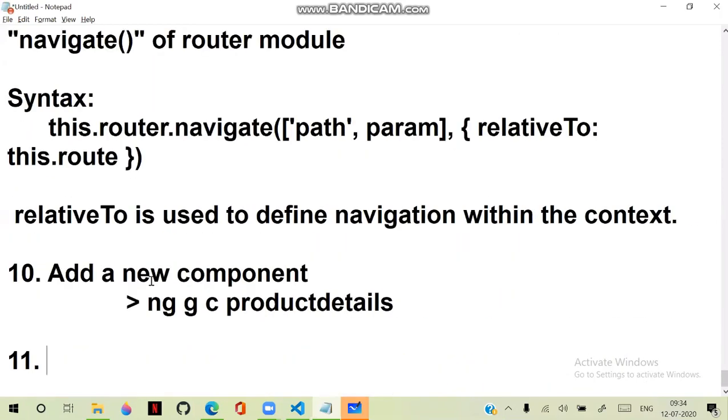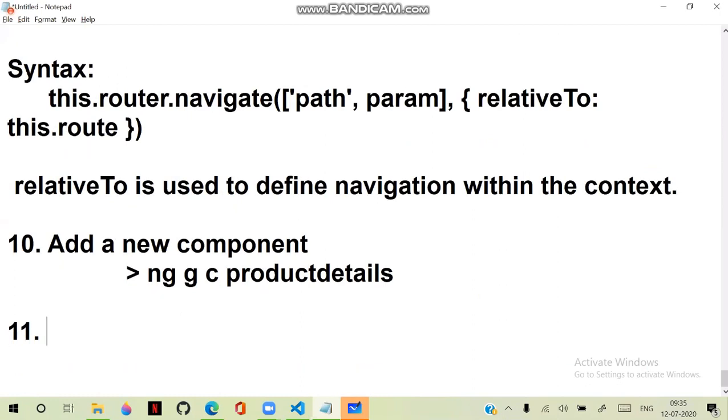The entire product example I will upload as a zip file. You can download and see that. I will upload a complete zip file for this. You can download and use it. Note also I'm giving it step by step. That means what we have to do now: go to products list. First we say go to